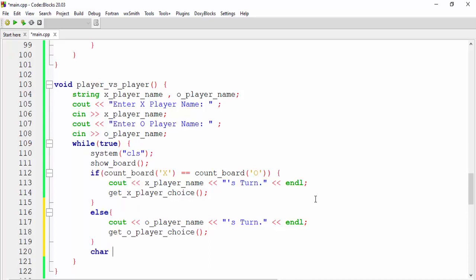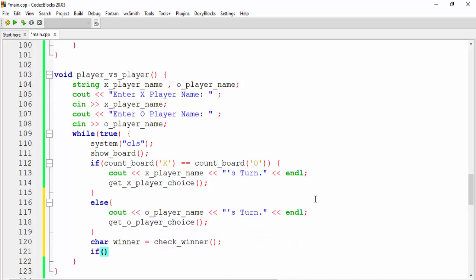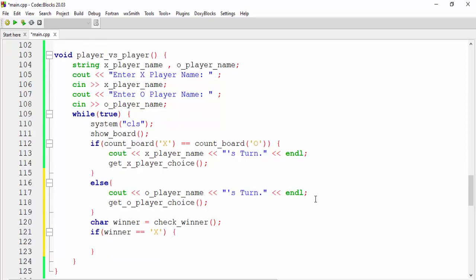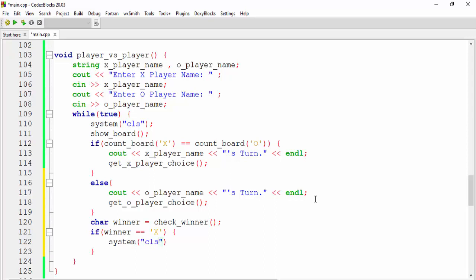After that, we will do the same thing. We'll say char winner is equal to check winner. Here I will check if the winner is equal to X, which means X won the game. So here we will come down and say system CLS. After that, we will show the board.